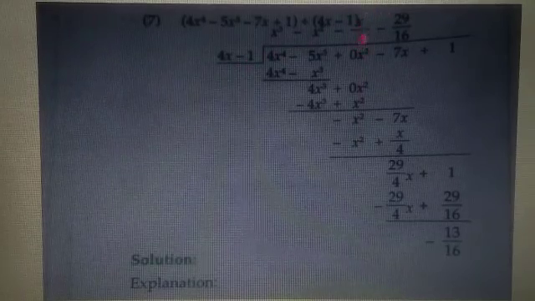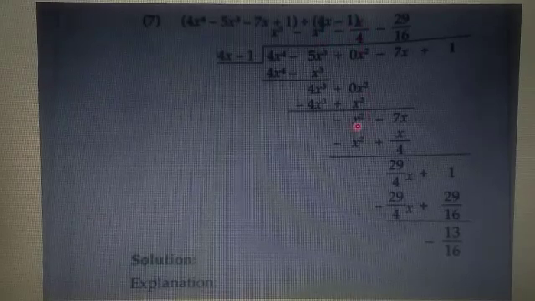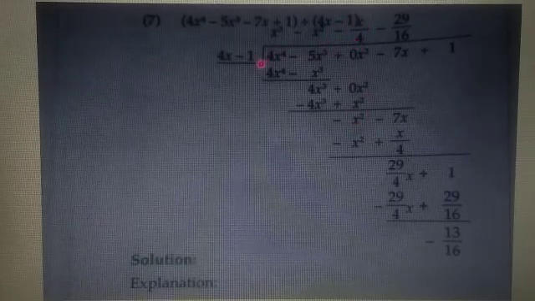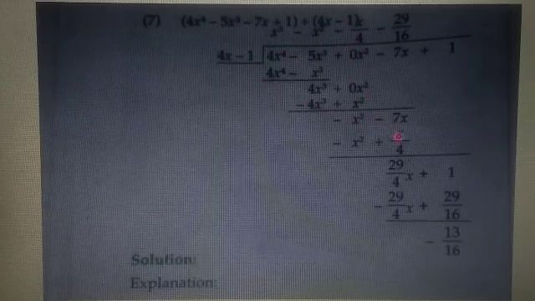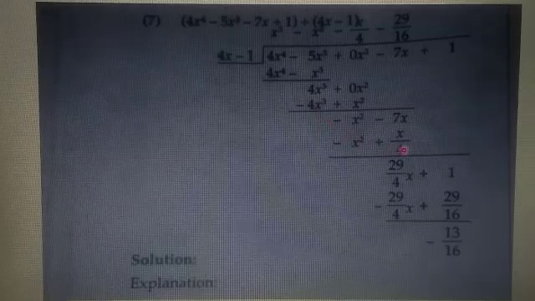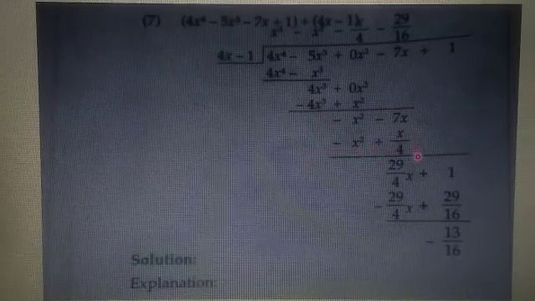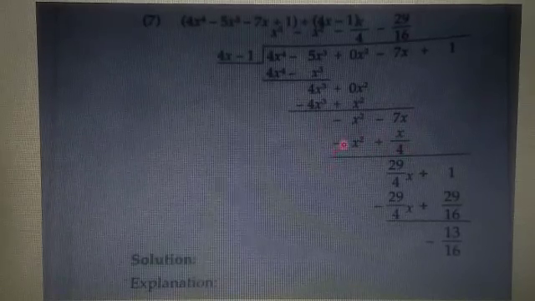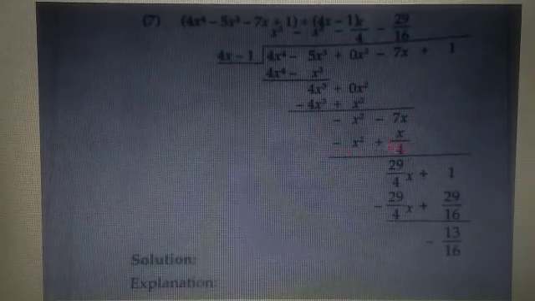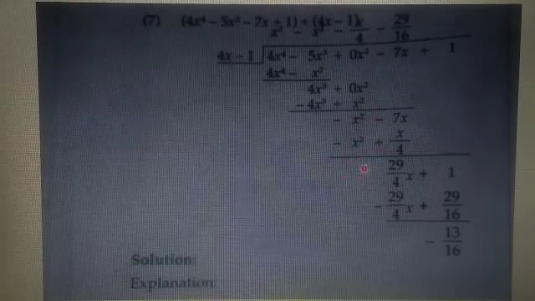That's why we are multiplying 4x minus 1 by x upon 4. Okay. So x upon 4, 4x is multiplied with x upon 4, we get minus x square, and x upon 4 is multiplied with minus 1, that means x upon 4, because minus and minus sign get plus. So in this way we got minus x square plus x upon 4. Now put a negative sign. Here is already negative, so plus sign, and here it becomes minus. These two terms get cancelled and we get remainder 0.